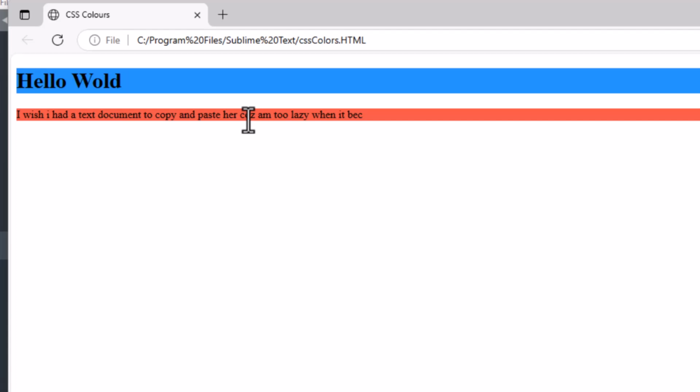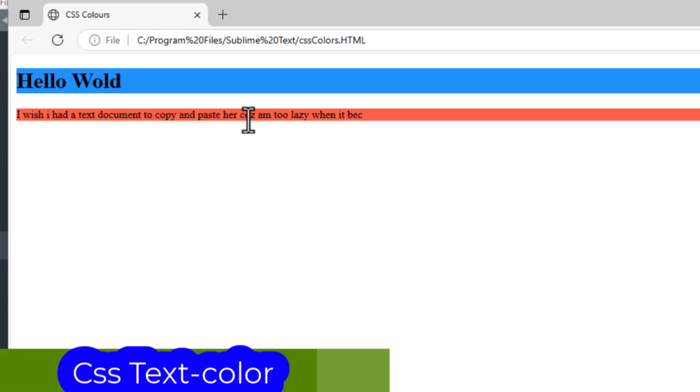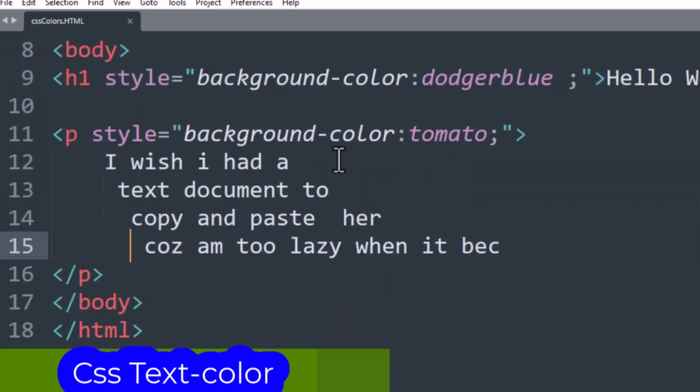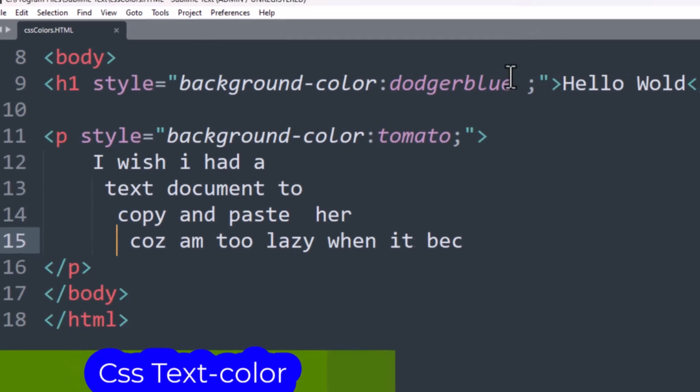So again, let's talk about CSS text color. You can set the color of a text. For example, here we have some text. Let's have some colors here. So h1 has got hello world, and we want to give it